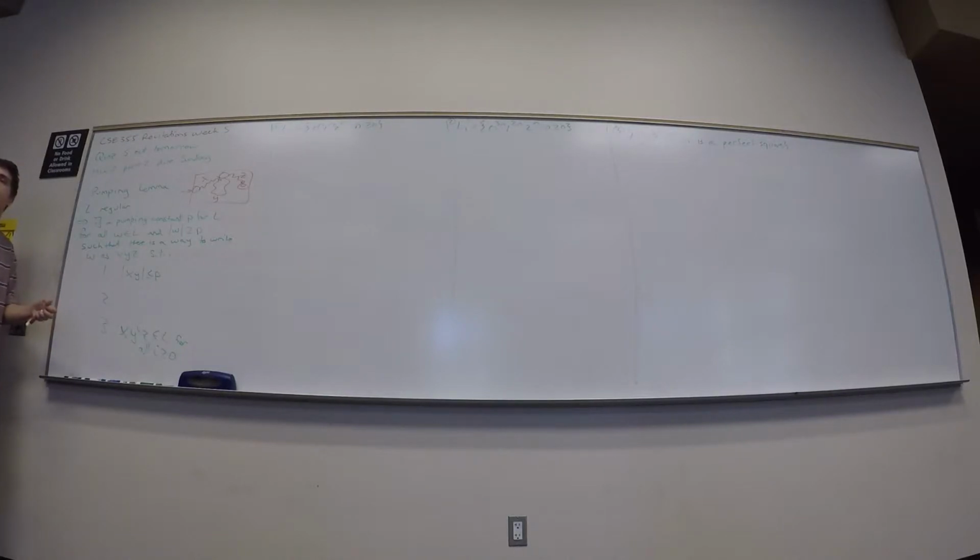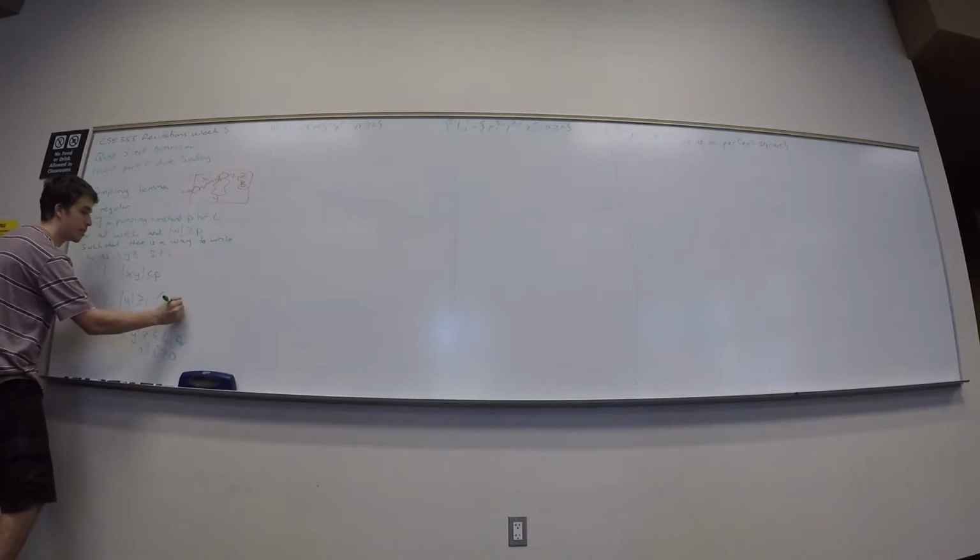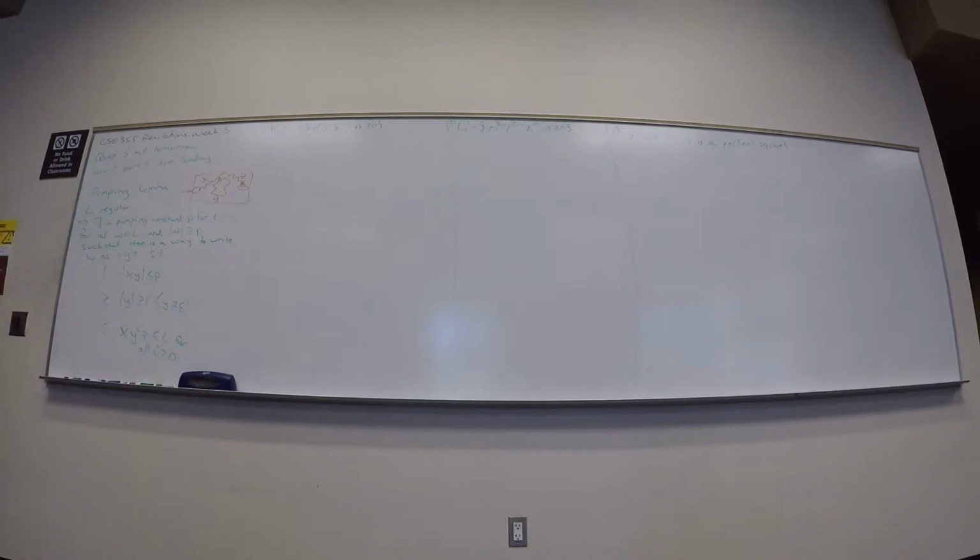What about the second condition? Y can't be empty. So another way to say that is Y's length is at least 1, or Y is not empty. And so why would we want that to be true? Suppose if it were empty, well, what does this third one tell me then? Insert as many copies of empty string as you like. What's that going to do? Nothing, right? So it's not really telling me anything about other strings in the language. It only tells me about one particular string. So that's why we require it to be non-empty. Okay? Does that make sense?